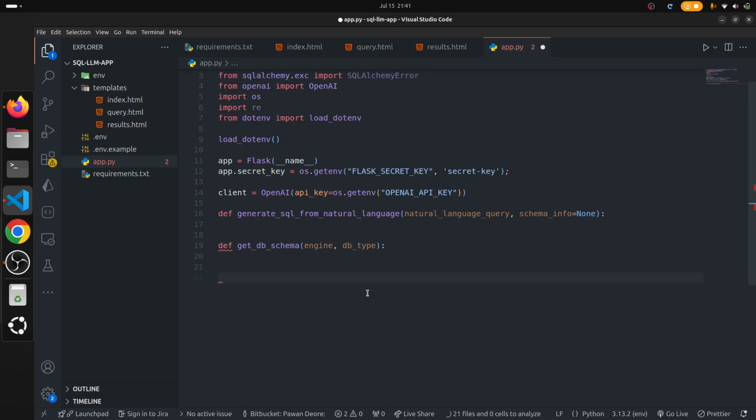Then the other thing we will need is get_db_url. So here we will pass db_type, then db_host, then db_port, then db_name. So these are all the things that will come from the user, right? And we will build the database URL using that. And db_user and db_password. Okay,